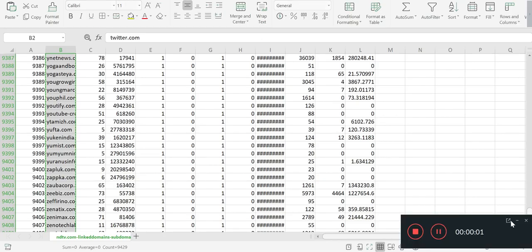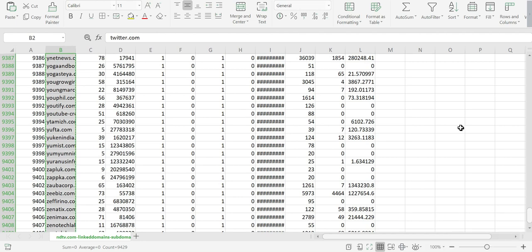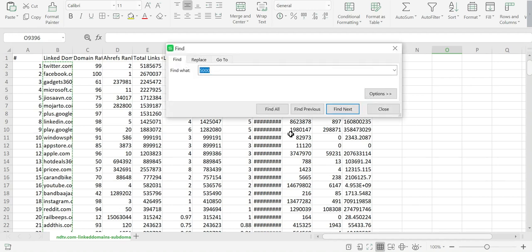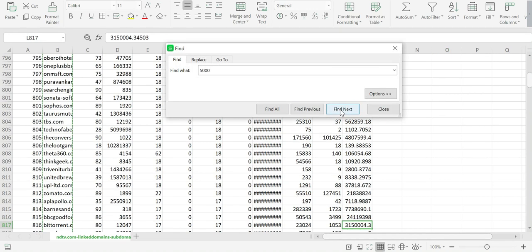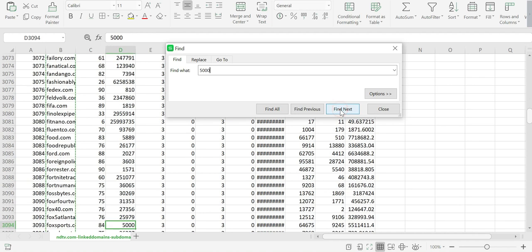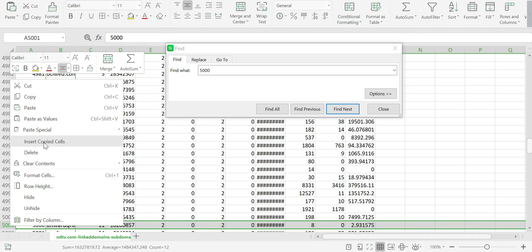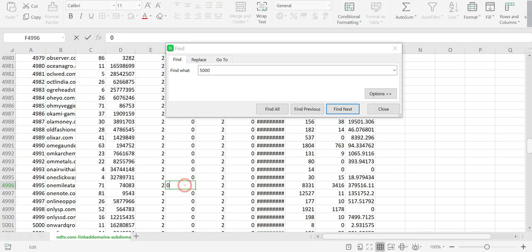So guys, we are back again with the data now for NDTV, and I'm going to split the list, because that tool is only giving us results of up to 5,000. So let me break it down by inserting a row.